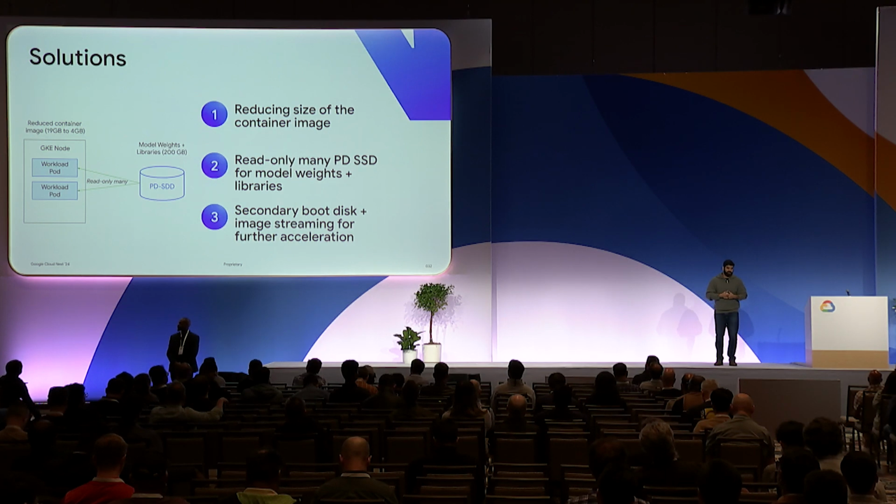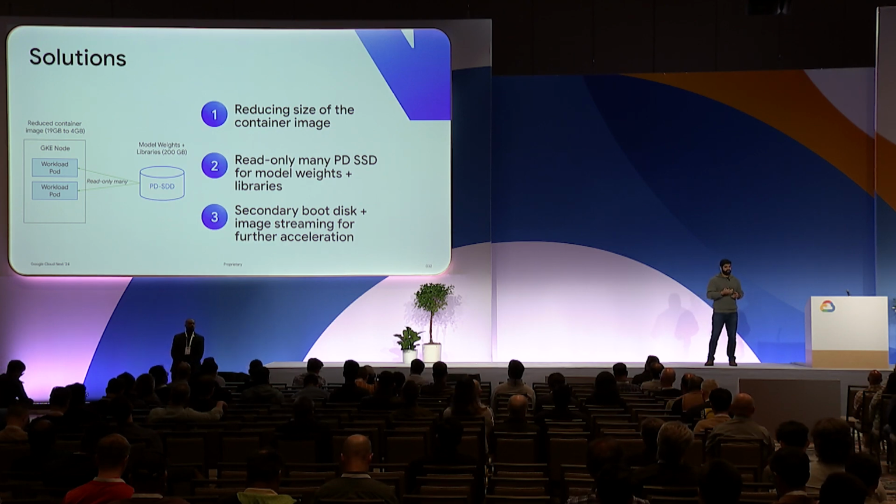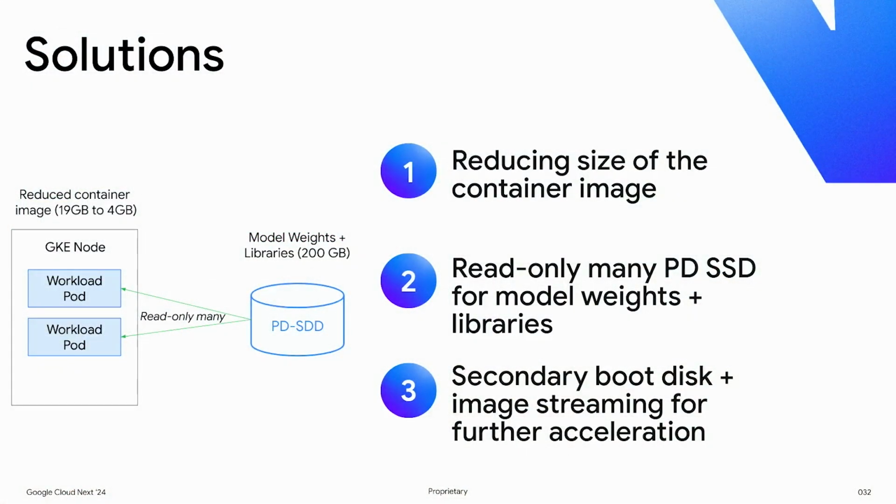So we came to Akshay and team earlier this year asking what the best practices are to address these issues. And we found that there are 3 really simple but effective solutions that you can use to tackle this problem. So the first is to simply reduce the size of your container image. This is a best practice that is common for any kind of deployment, but you'll find in a lot of these ML containers, there's a lot of cruft in them. So if you're careful about choosing the right base image, optimizing your layers carefully, and stripping out any unnecessary dependencies, you'll probably be able to get some gains there like we did.